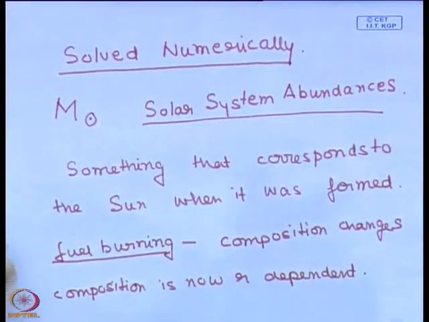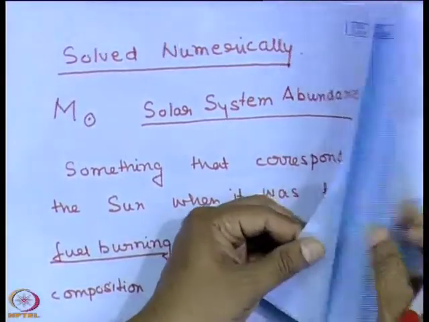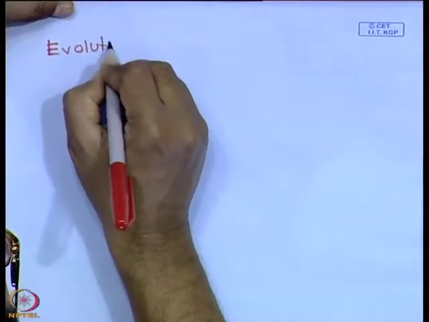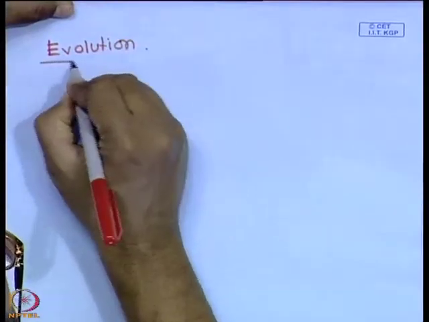So, basically there is the evolution effect which one has to take into account, right. So, evolution has to be incorporated and then you are finally led to a model which you expect to match with the sun as it looks now. Okay. Further, one can also carry out this exercise for different masses